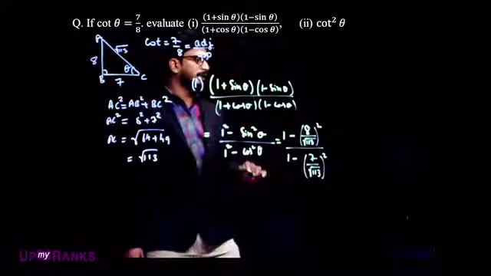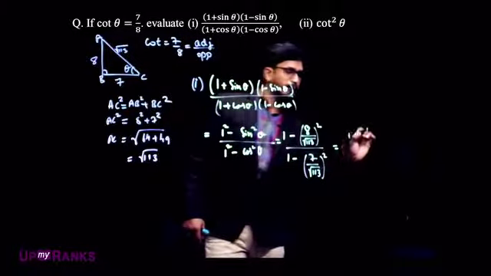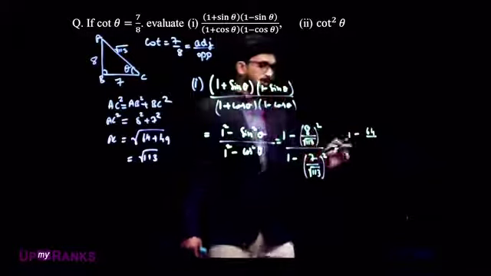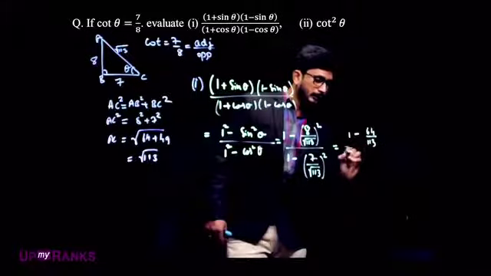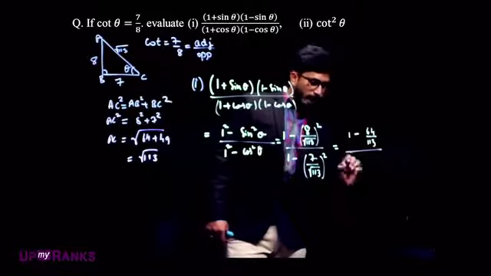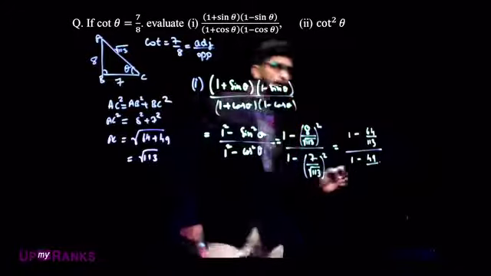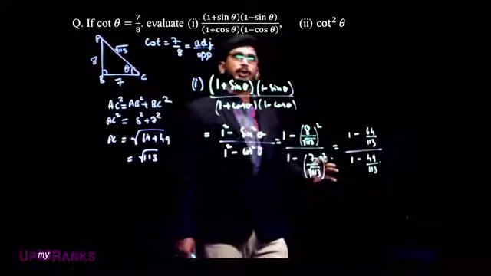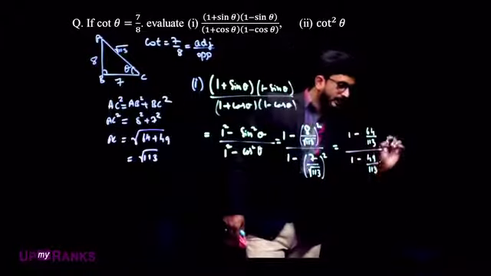So now when we simplify this, what do we get? See here, 1 minus square of 8, 8 square is 64, square root of 113 is √113, whole divided by, again 1 minus 49 divided by square root of this thing is nothing but, so we have it as √13. So now when we simplify this, we get it as, when we take it as LCM,